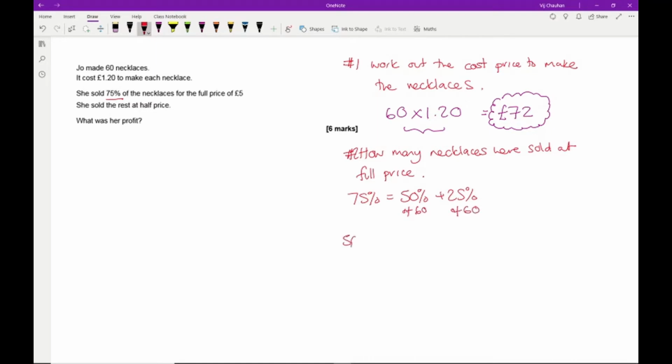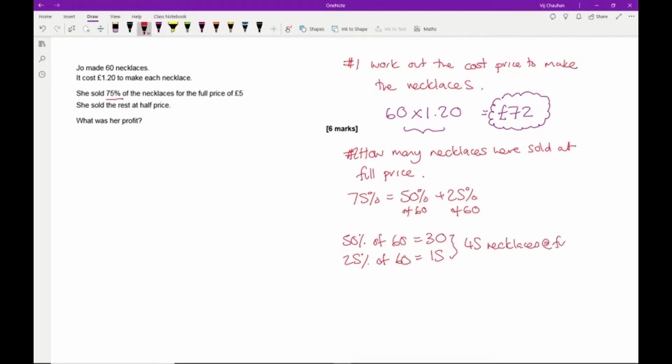So 50% of 60 is 30, and therefore 25%, which is half of that, is 15. Adding those two together, she sold 45 necklaces